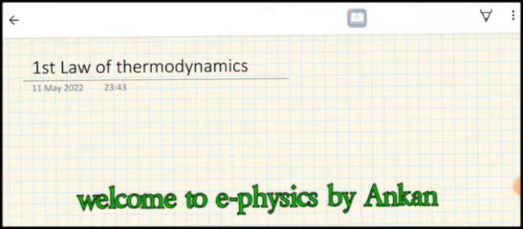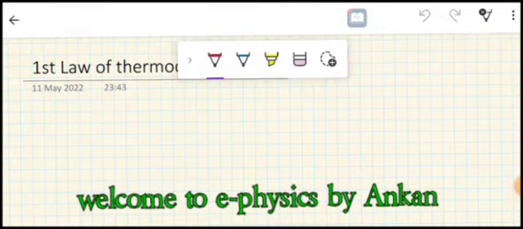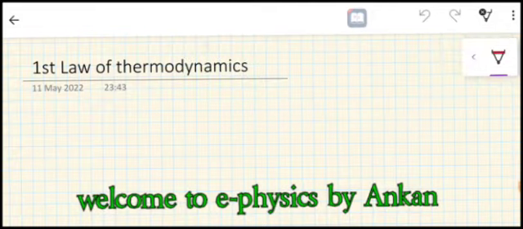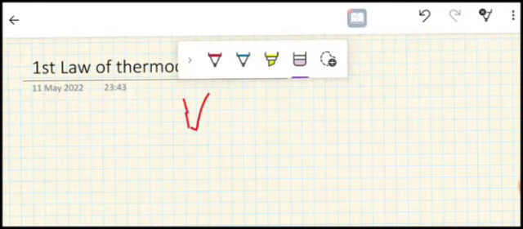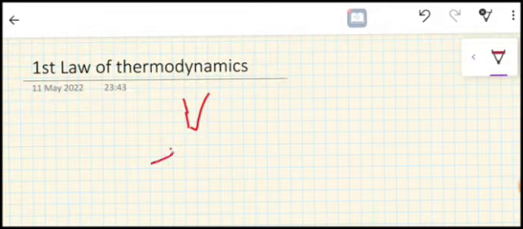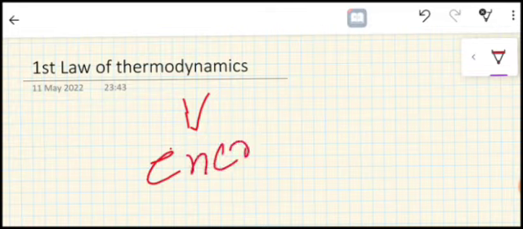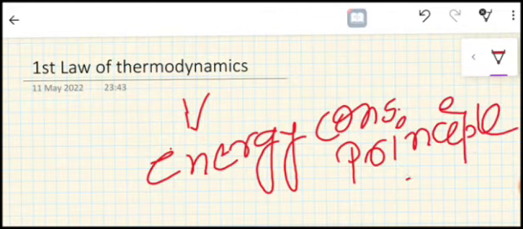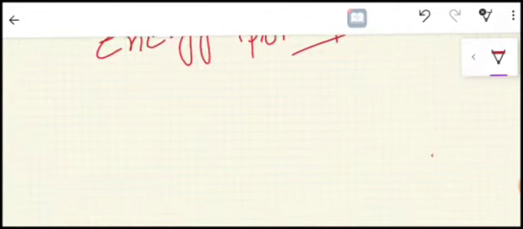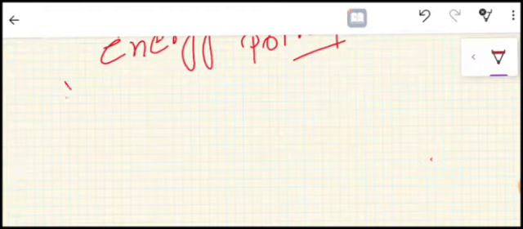First law of thermodynamics is nothing but the energy conservation principle. Energy conservation principle. Mathematically,